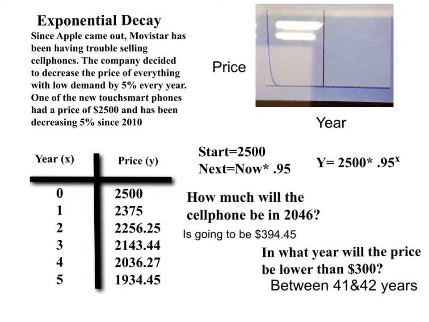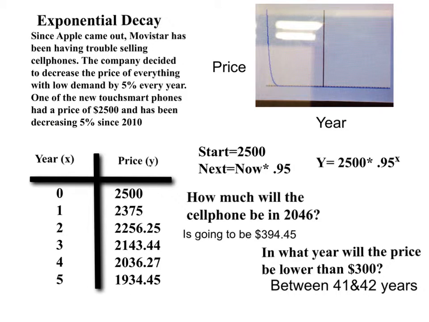Exponential decay. Since Apple came out, Movistar has been having trouble selling cell phones. The company decided to decrease the price of everything with low demand by 5% every year. One of the new touch smartphones had a price of $2,500 and has been decreasing 5% since 2010. For our explicit equation, it's y equals 2,500 times 0.75x because